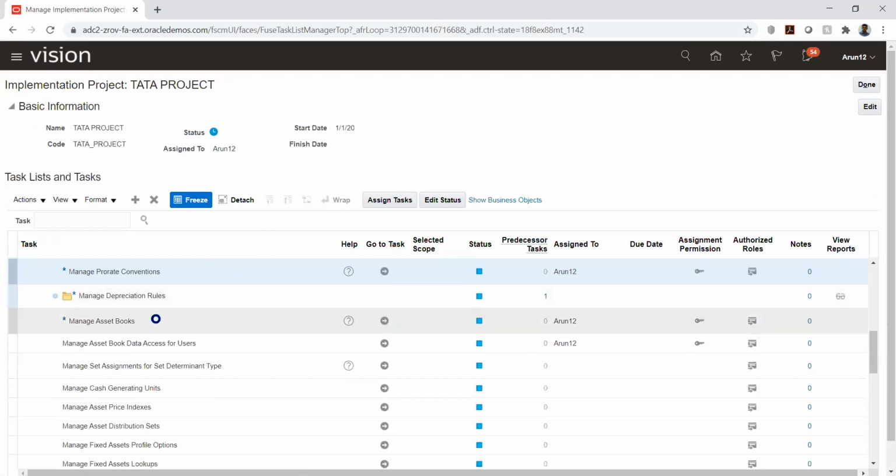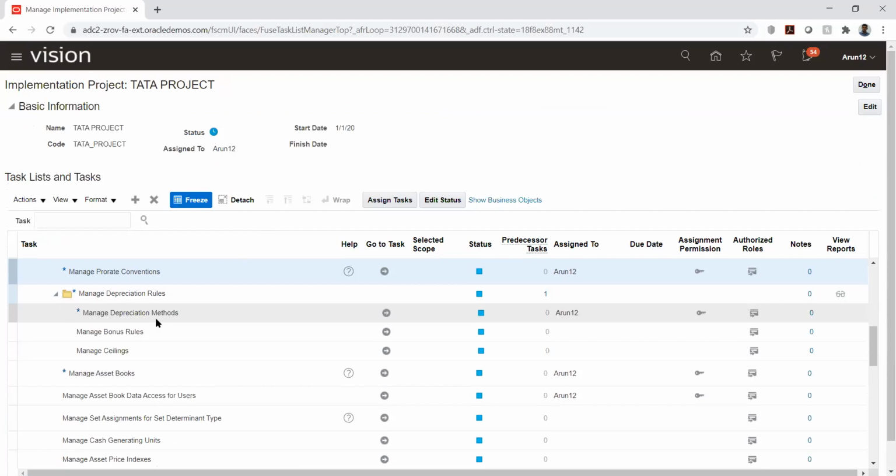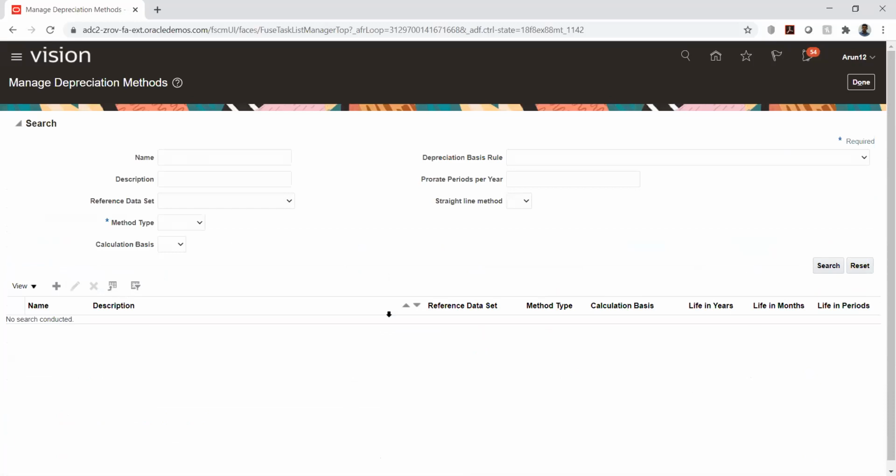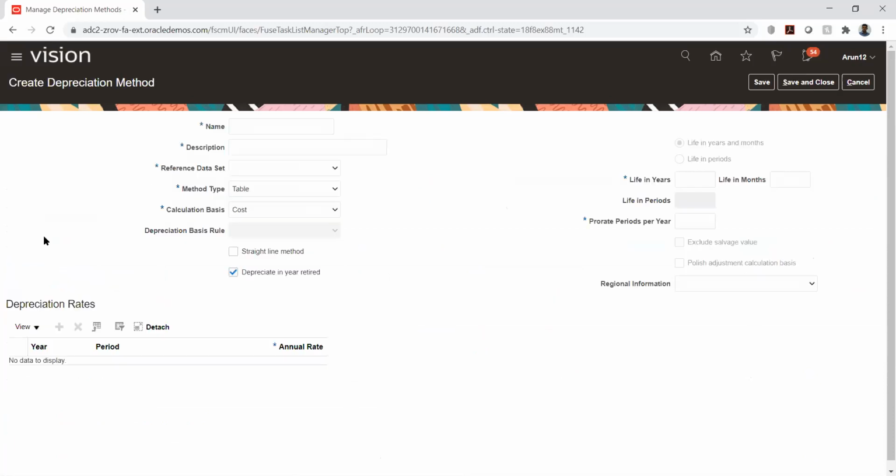Okay. Then we have something called depreciation method. So what is depreciation method? Basically, the depreciation method defines how I want to calculate my depreciation. For example, I have a straight line method, which means I will calculate 10% for all the 12 periods. So this is not a challenging task for me, since I'll just say 10% and the system is going to calculate